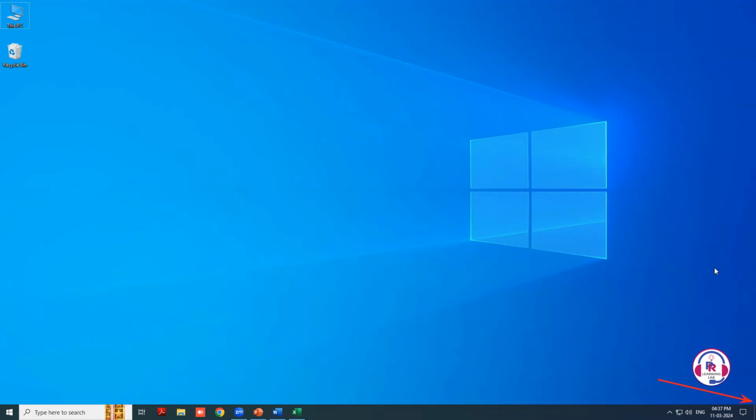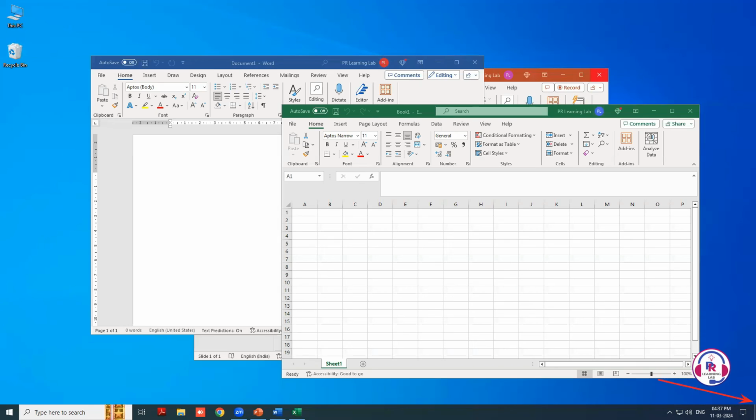If you need to access your open windows again, don't worry. Clicking on the Show Desktop button once more will restore all minimized windows exactly as they were before. This allows you to quickly switch between your desktop and your applications without any interruption to your workflow. Minimizing all open windows at once can be incredibly useful when you need to quickly access desktop files or shortcuts, or if you just need a moment of visual clarity. It's a convenient way to clear your workspace without closing any applications or losing any work.